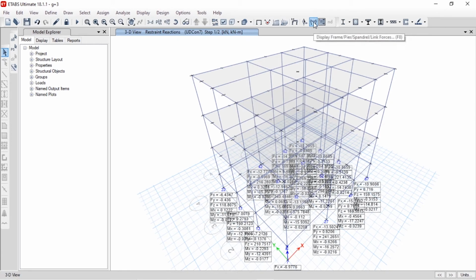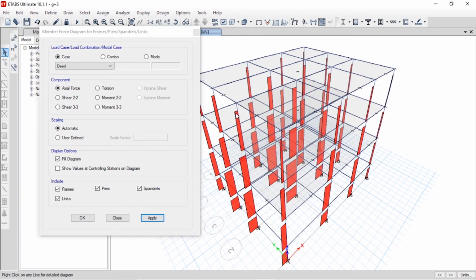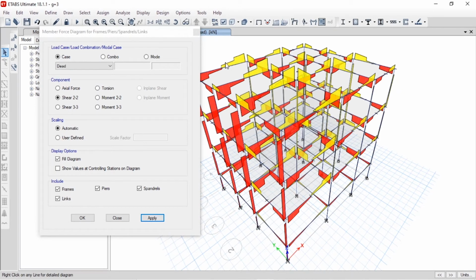And here we have the option to display the frame forces. Here I'm going to choose the dead load. I'm going to choose the axial. I'm going to choose all of this and see the axial force acting on the column. Shear also you can see. You can see different values of shear.